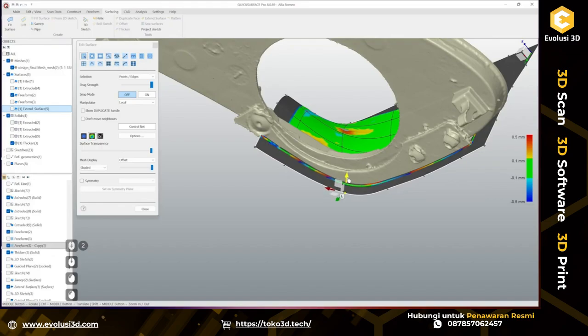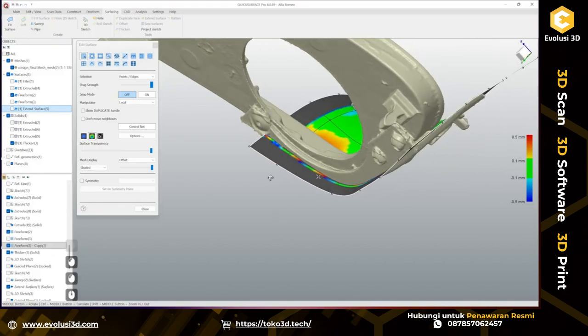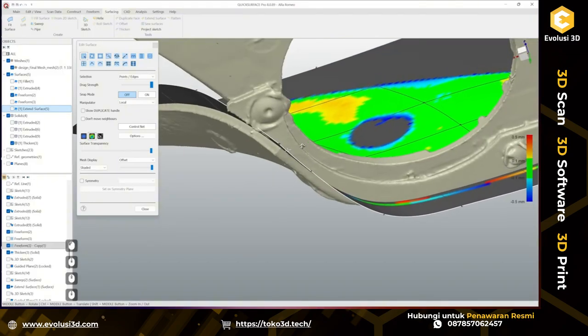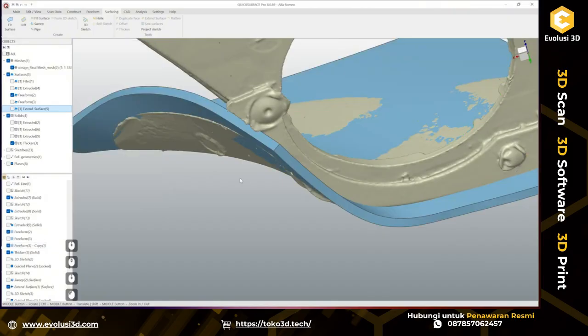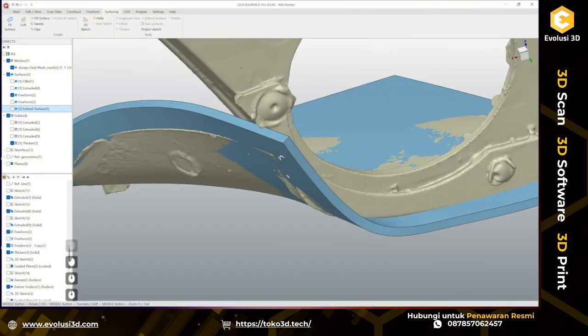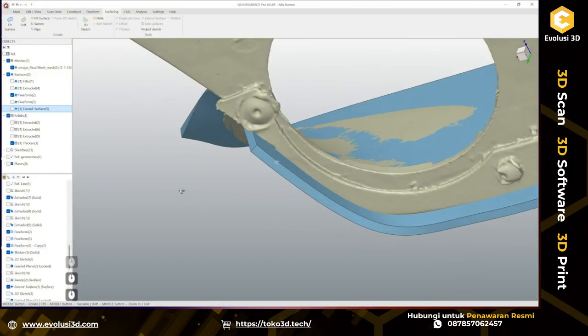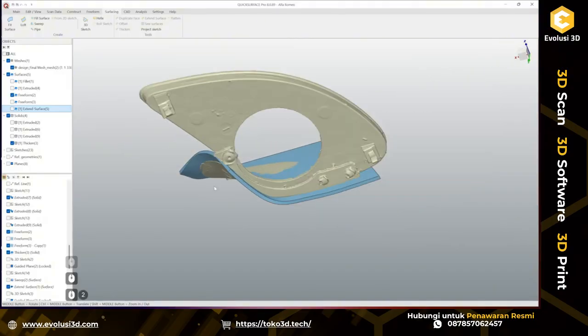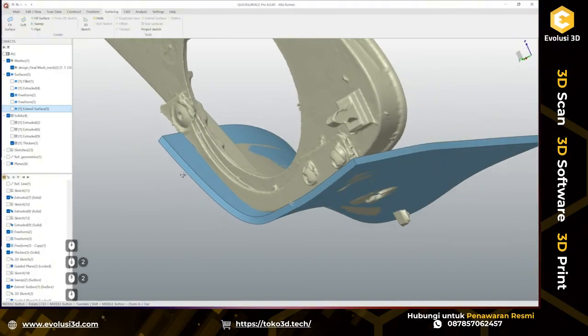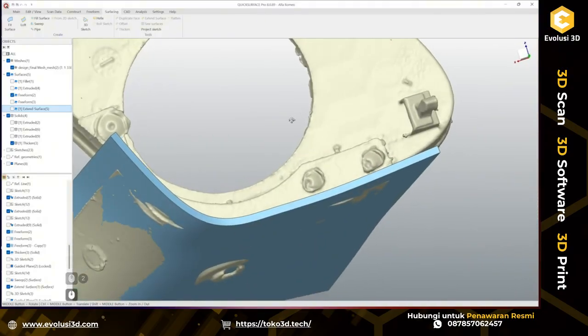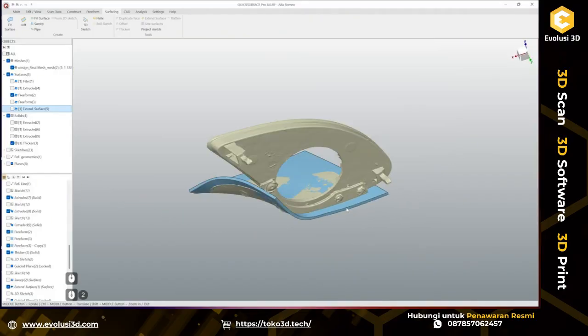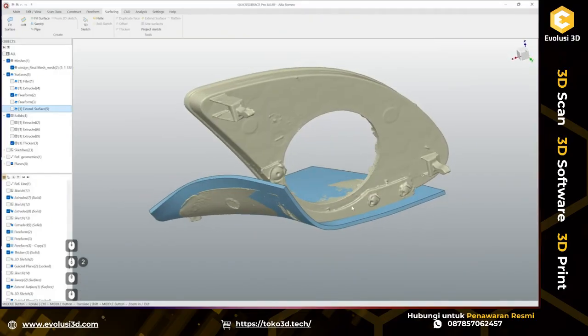Oh, maybe some of these as well. Okay, so now it's matching much better here. And should be good. Okay, so at this point I can continue